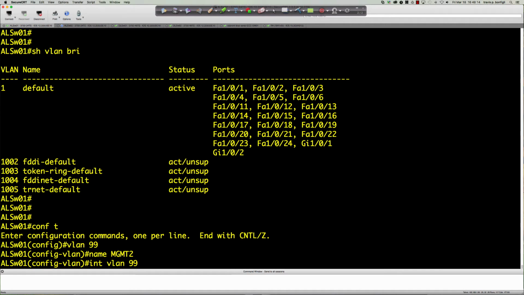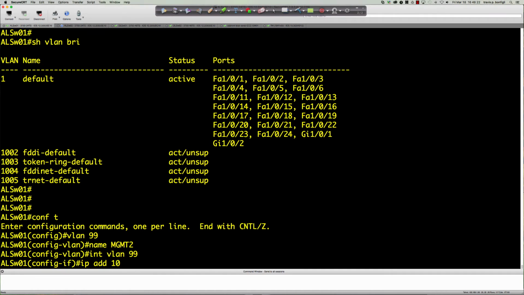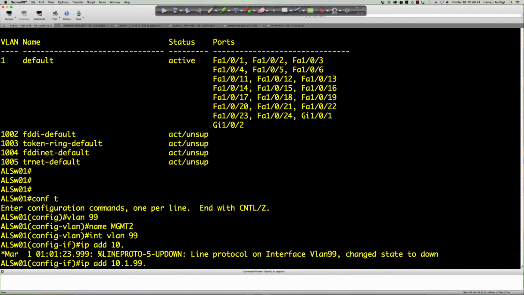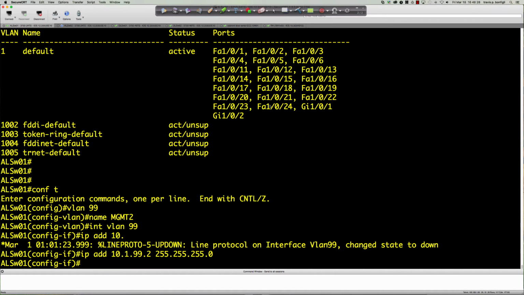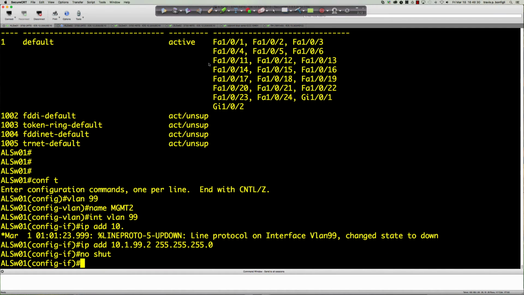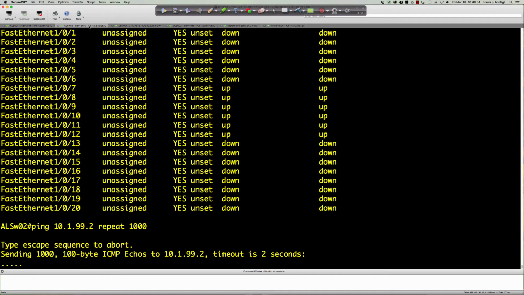Create the management VLAN 99 at ALSW01. Okay, we did that. Configure interface VLAN 99. So interface VLAN 99, IP address 10.1.99.2, and it's a /24. We're going to say no shut, and let's see from ALSW02, do we get any activity here once we bring